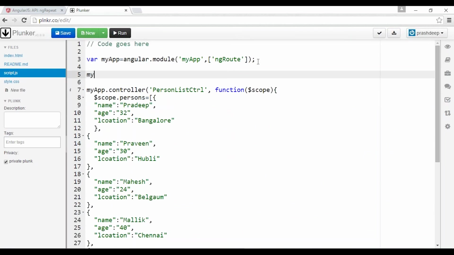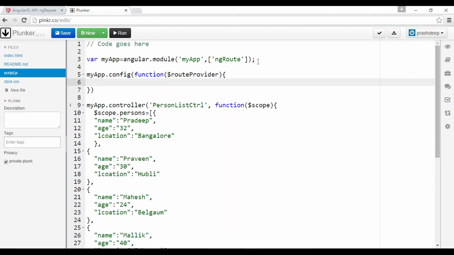So again we add the Angular app dot config. This is a configuration setup that I do. Here I will have to give the function definition, and in this case we'll be injecting the route provider. We'll be using the route service now. This is nothing but the service that we are injecting. Okay, so route,